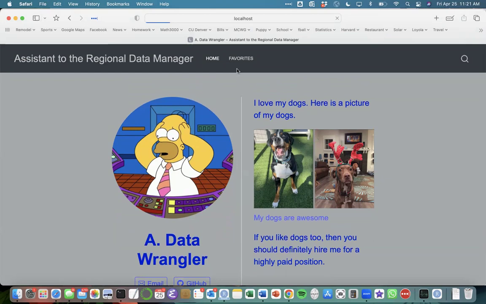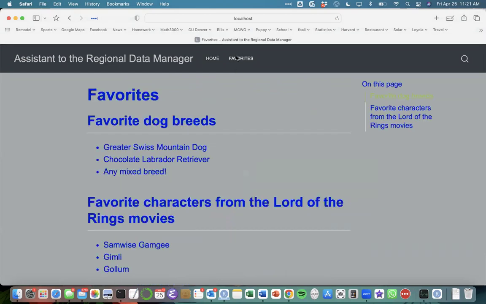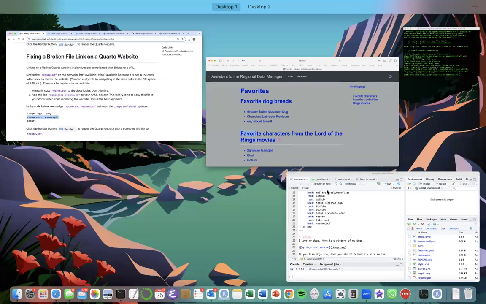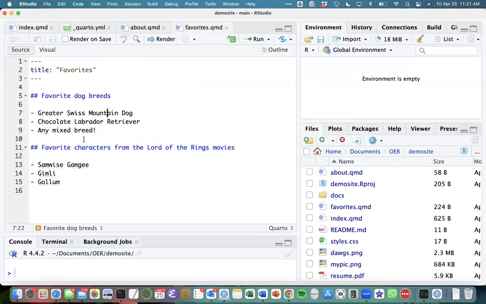And then over here, if I click on the favorites page, you can see a table of contents was added on the right side. And we had two headers that we used on this page at header level 2. We had favorite dogs and we had favorite characters from the Lord of the Rings. So if I go into the favorites just to see what happens, if I change the header level of favorite dogs to 1 and I save this file and I render it,